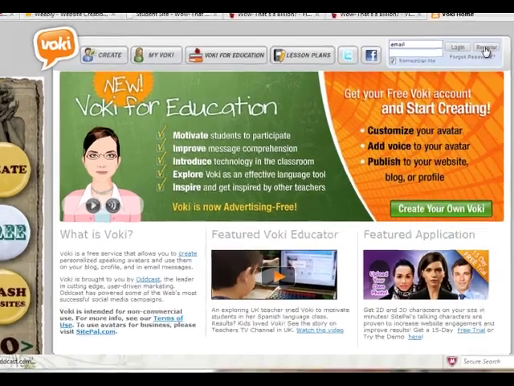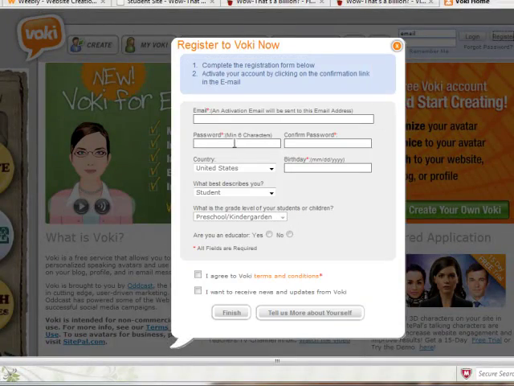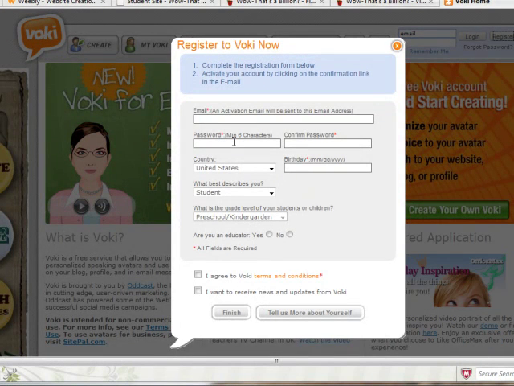Okay, so you click register and you'd fill out your email information, your password. Remember to keep that password something that you can remember. And the birthday, I put in a fake birthday. I don't put in my real birthday. And United States, and